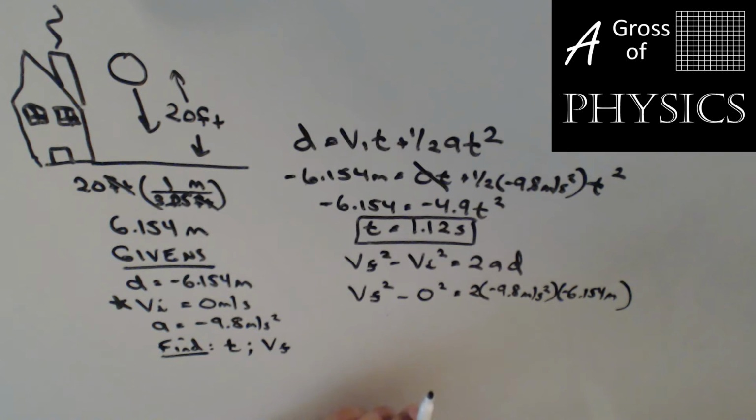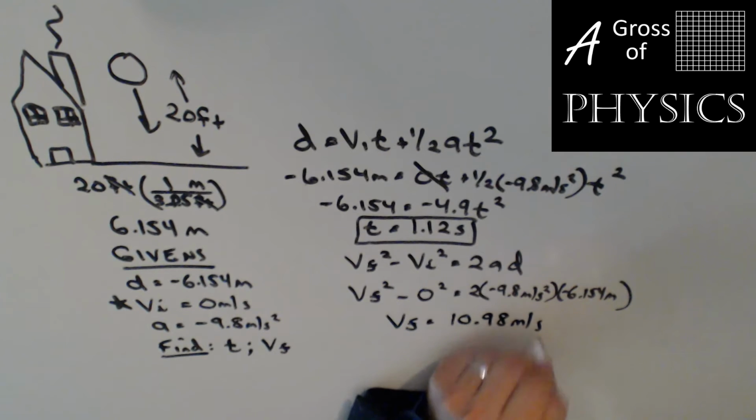All right, I'm going to multiply 2 times 9.8 times 6.154, and then I'm going to take the square root. And I'm going to get 10.98. VF equals